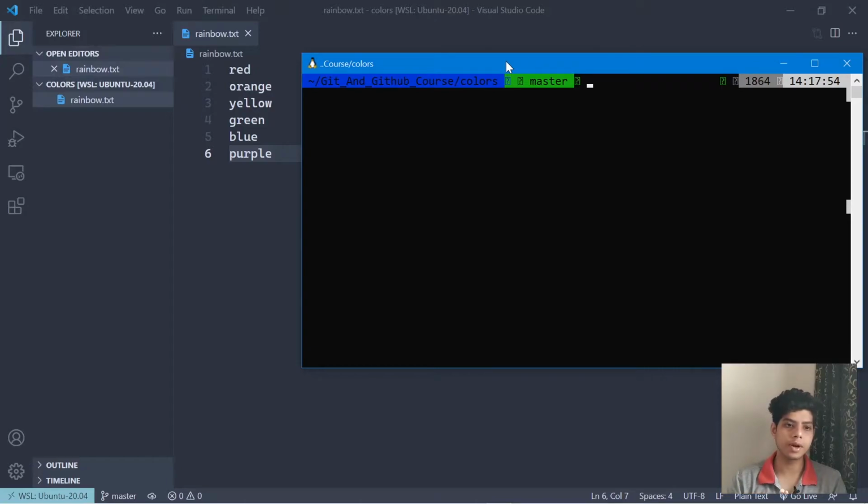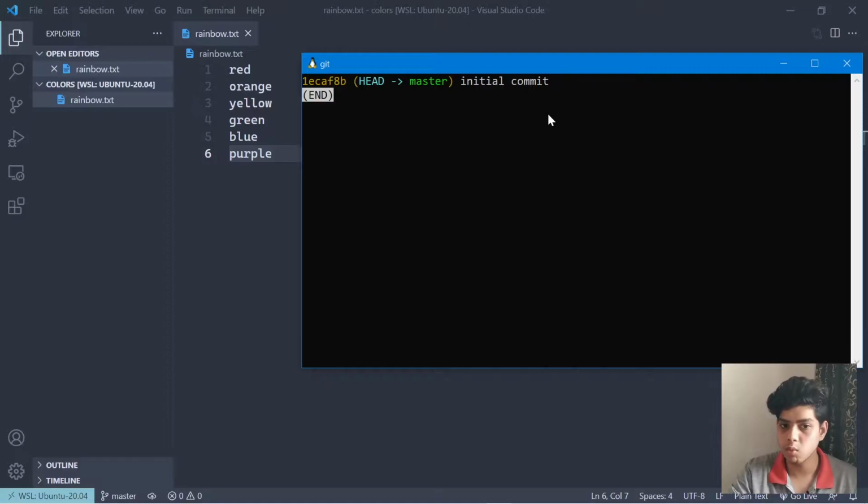Alright, so I have opened up VS Code and I've taken this example for you guys. I've already built out this repository. I've initialized the repository and I have one commit in this. It's a simple file, rainbow.txt, and I have just added some colors over here, just to explain how we will compare changes. So the git diff command is used for comparing changes across different files. So let's say rainbow.txt. Let me just show you. I have one commit over here. If I do git log --oneline, you will see one commit, which is the initial commit, and our HEAD is pointing to master.